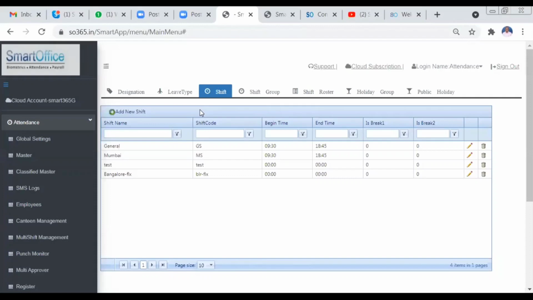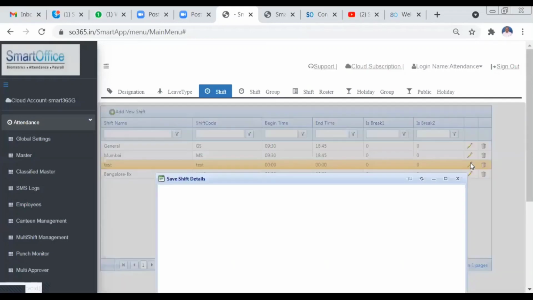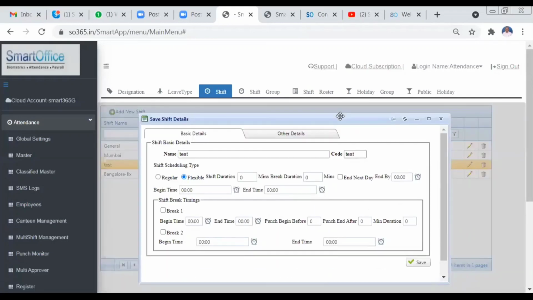About shifts in general, I will tell you just basic things. In the shift, you can add a shift. Here you can create regular and flexible shift type settings. Regular means you'll have a particular begin timing and end timing. Flexible means there will not be any begin timing or end timing.